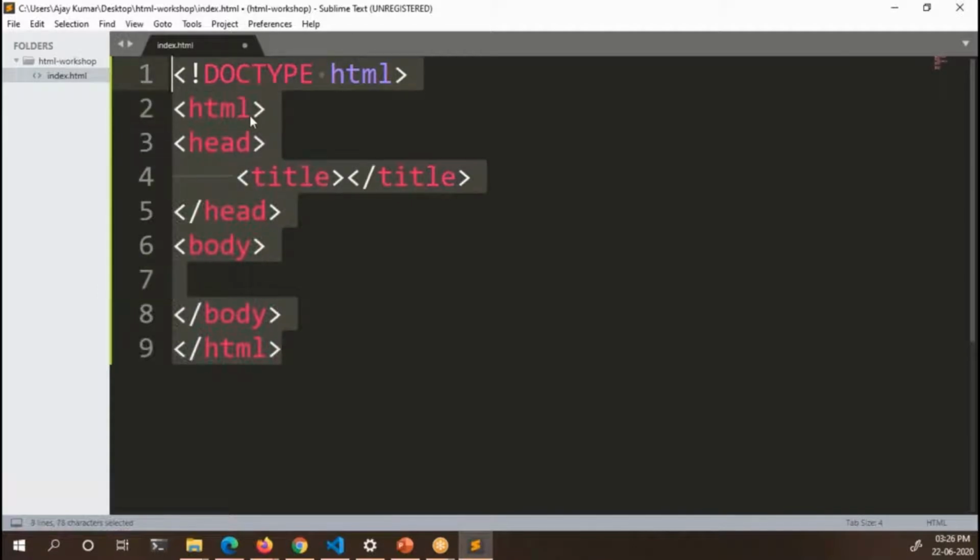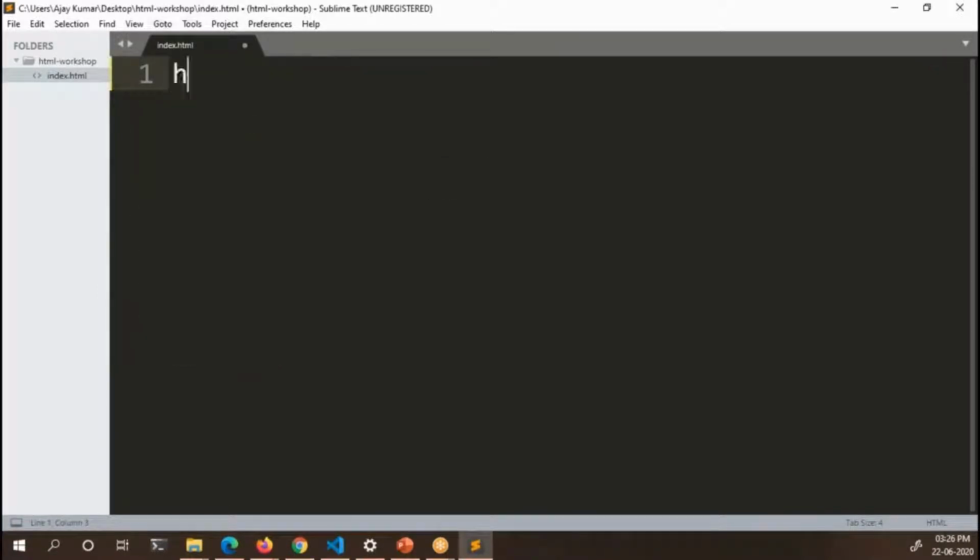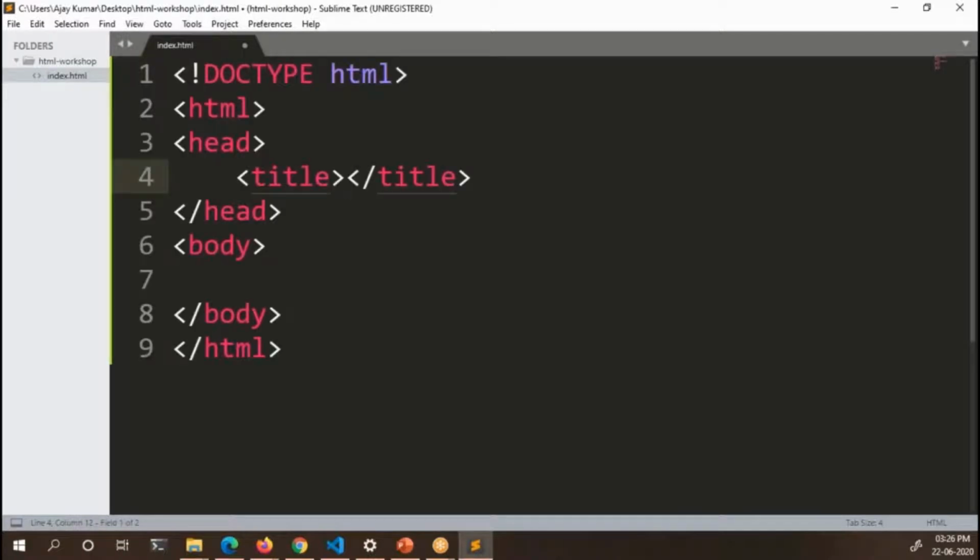I'm deleting it again. I'm typing HTML and simply pressing tab. See, you have all the boilerplate code just made ready for you. There is no need to type everything. Okay, so this is the advantage of using a modern code editor instead of a notepad. Okay, so our web page.